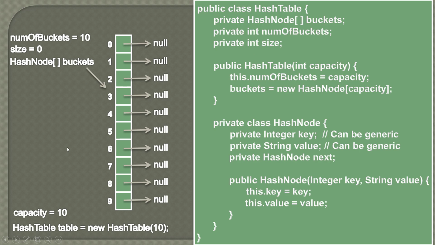So friends, in this video we saw an initial implementation of a hash table via the separate chaining collision resolution technique. In our upcoming videos, we will see that this hash table has many operations where we put a key value pair, we remove a key value pair, and we can get a value based on a key. And there are many other operations which we will be looking into in our upcoming videos. So this is just a basic and initial implementation of a hash table. Now let's go to our IntelliJ IDE and we'll simply code this part into the IDE.